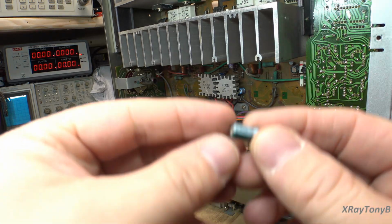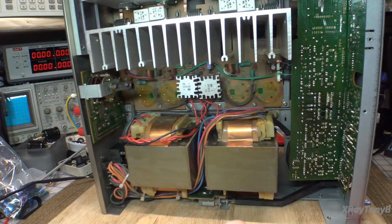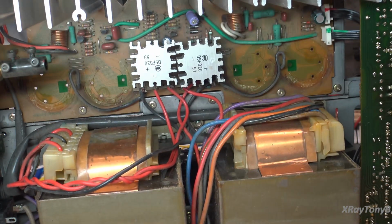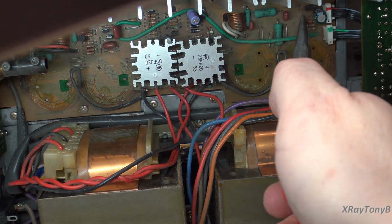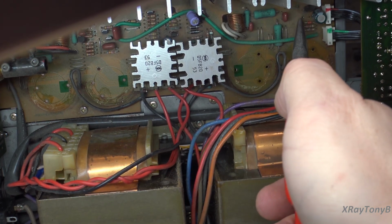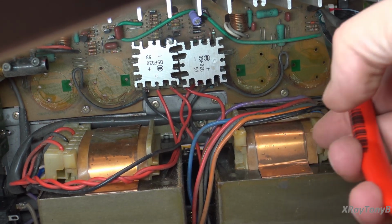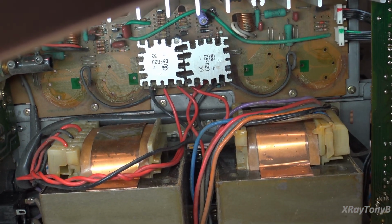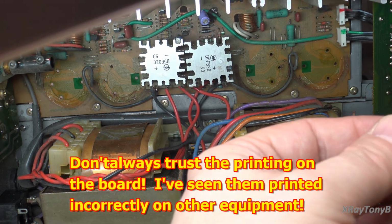So you can see they have a minus and a plus because these are polarized electrolytics. And if you look in here, I don't know if I can catch it in the camera or not, you can see on the hole, one has the shading on it and the other one does not. So the shaded part indicates the minus. And so far, every one of them has been screened correctly. So you can see same thing here. So this one, the minus was pointing up, and